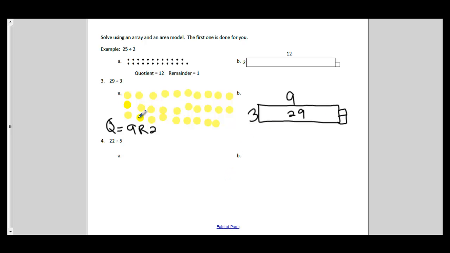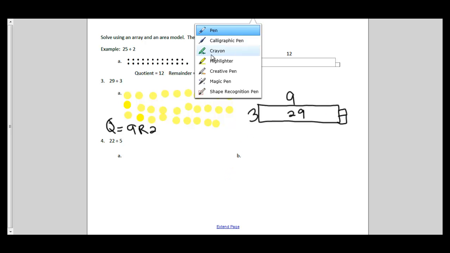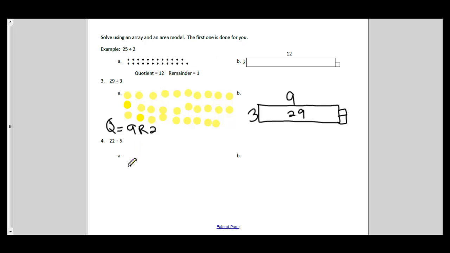All right, let's do the same thing for 22 divided by 5. So let's get our highlighter. We're going to draw our array. I think this time I'll use a different color. We're going to do groups of 5. So I have 1, 2, 3, 4, 5, 6, 7, 8, 9, 10, 11, 12, 13, 14, 15, 16, 17, 18, 19, 20, 21,